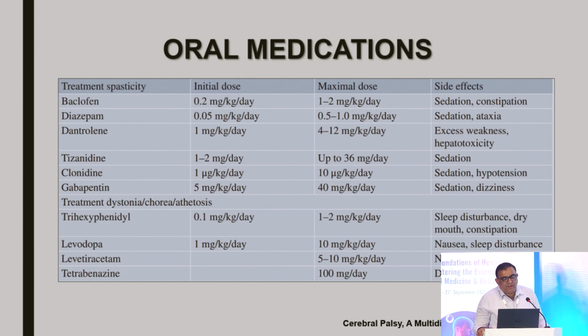As I said, in some centers, including in my institute, the most common type of CP is a combination of spasticity and dystonia. So the most common medicine we use for dystonia is trihexyphenidyl, THP. The added advantage is, as most of the CP quadriplegic children complain of excessive drooling of saliva, THP will not only help in reducing the dystonic movements, it also helps in reducing the drooling of saliva. So there is a dual advantage of using THP in those cases.